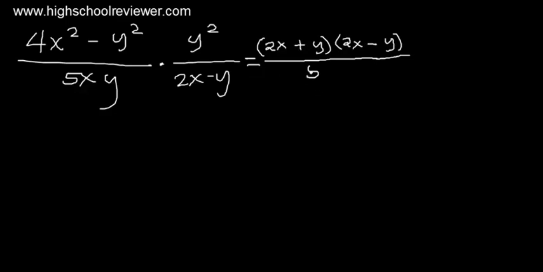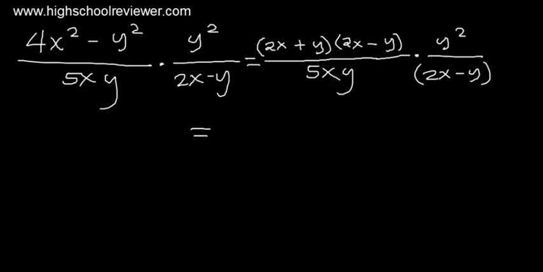And then we have 5xy as the denominator. Multiply this by y squared all over 2x minus y. Let's put a parenthesis here. And then we can see that we have the quantity of 2x minus y on the numerator, and it is also on the denominator. This means that we can cancel this out. This is now equal to 1. And what's left now will be 2x plus y